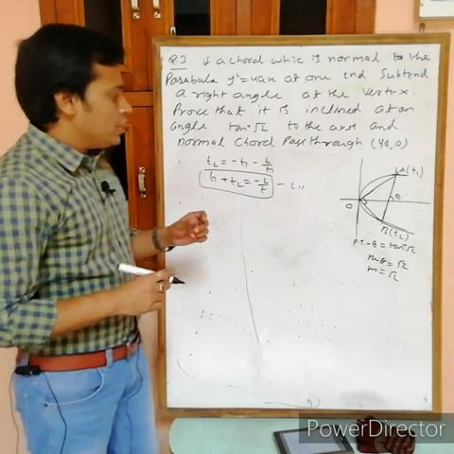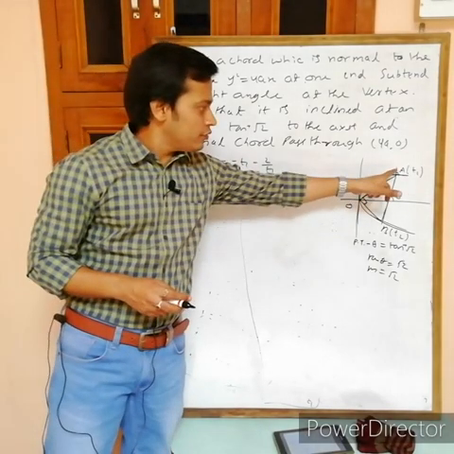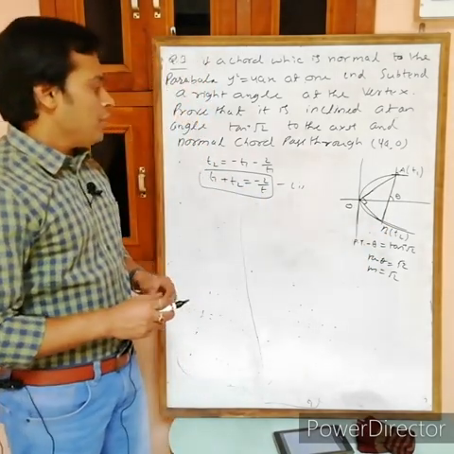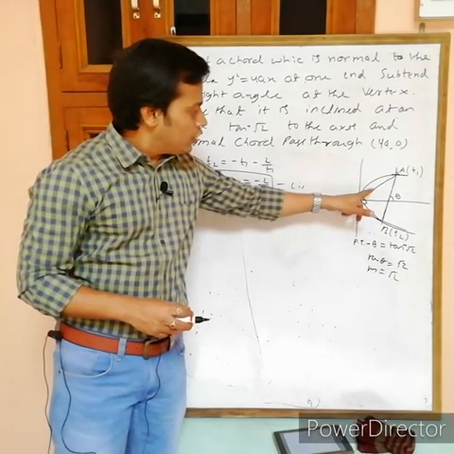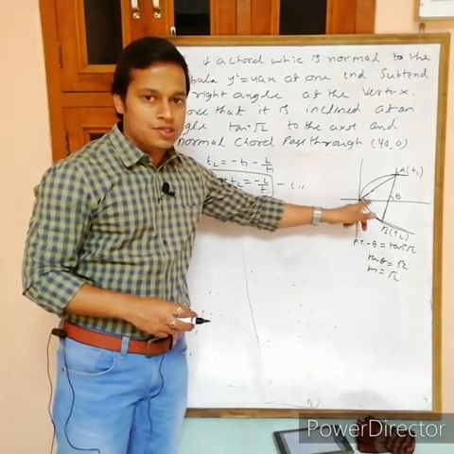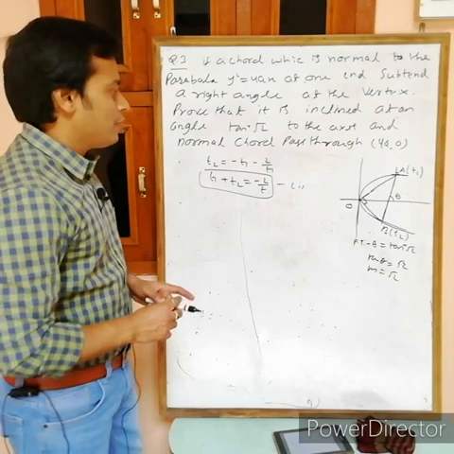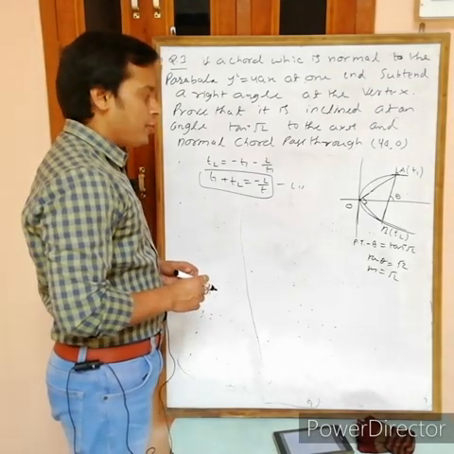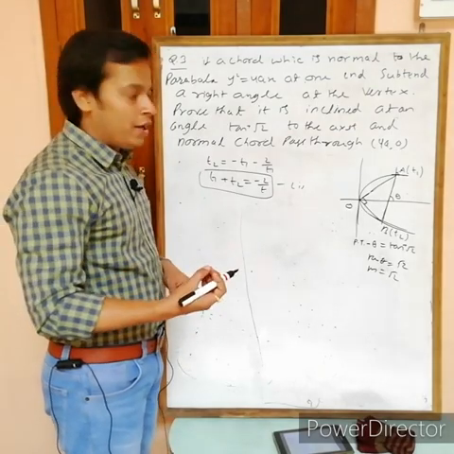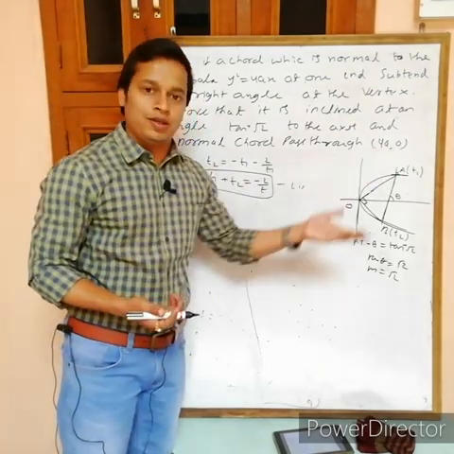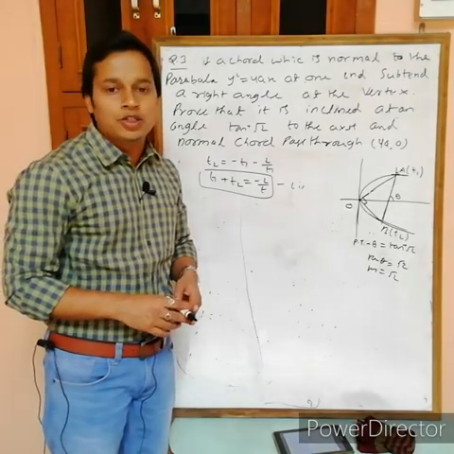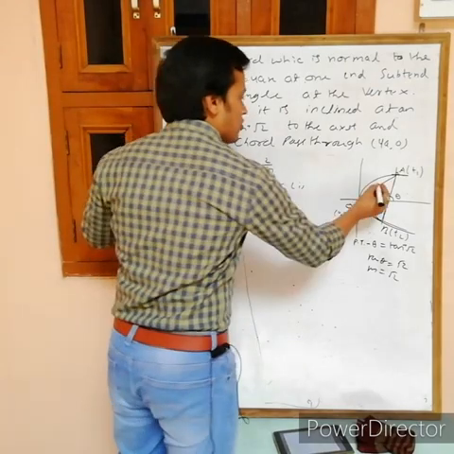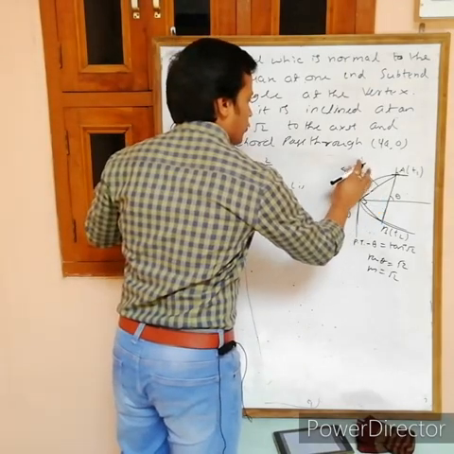Also, this is because the normal meets the curve again at B. Now it is also given that these two are perpendicular. This angle is 90 degrees, so OA and OB are perpendicular. Can you find the slope of OA? To find the slope of any line, we need only the coordinates of two points. Yes, we have the formula y2 minus y1 by x2 minus x1. O is (0, 0).